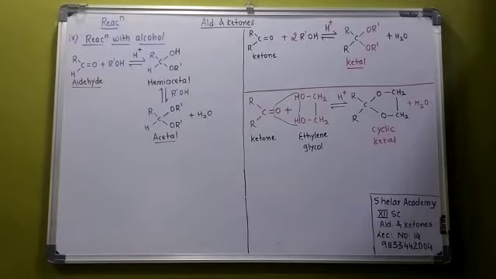Now an aldehyde when it reacts with an alcohol, the reaction is a reversible reaction, and then in the presence of an acid, what is it converted to? It is converted to hemiacetal. It is a complete addition reaction. You can see the double bond goes toward O, so OH and OR' get attached to the carbon. Hemi means half of the acetal is formed in the reaction, so it is called a hemiacetal.